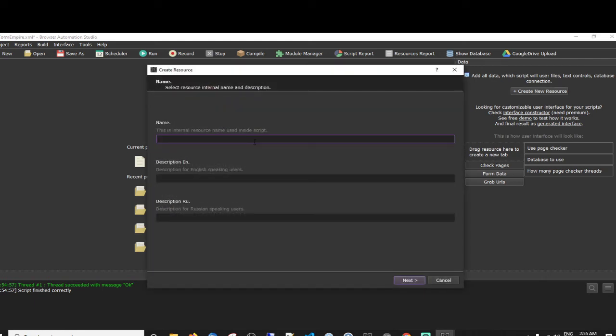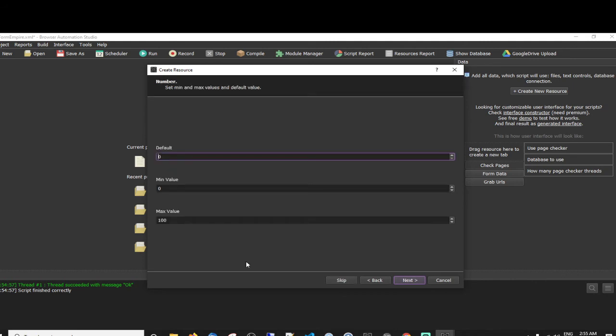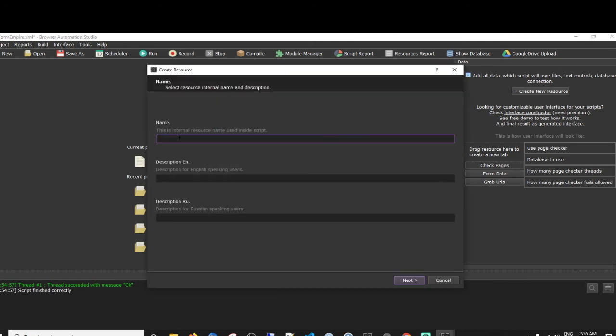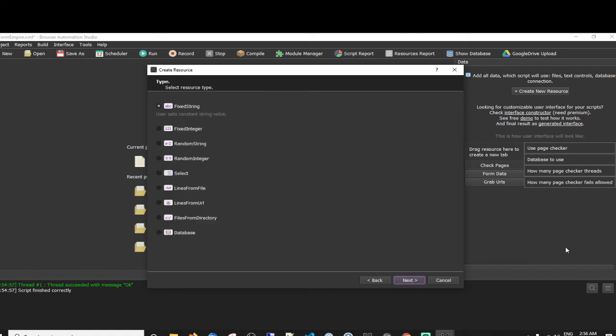We could have error handling by fails allowed. How many page checker fails allowed? And then how many pages to check? That could be a fixed integer as well.